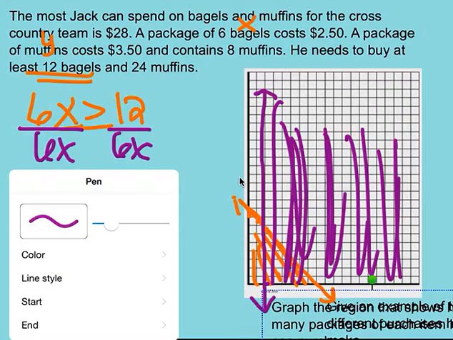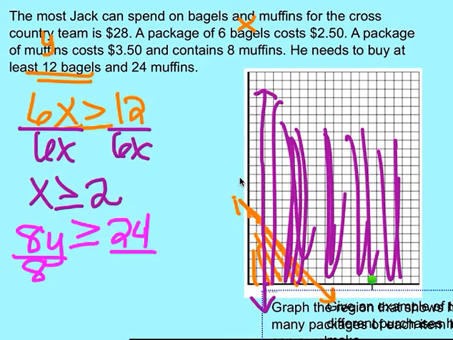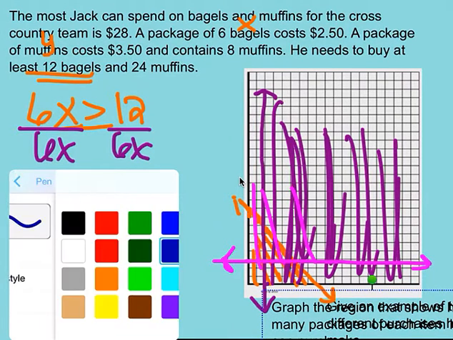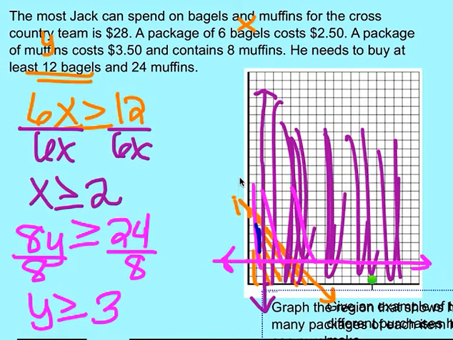So now we need to figure out how many muffin packages we can get. It contains 8 muffins for every Y package, and we want to have at least 24, which means if we had more, that would be great. So we're going to divide both sides by 8, and we're going to get Y is greater than or equal to 3. So now I'm going to find 3 on the y-axis, which is right here. And I'm going to have a horizontal line that's solid. And I'm going to shade up from there. So now the region that it overlaps in, let's just shade that. It's kind of hard to see, but this right here with our bounds